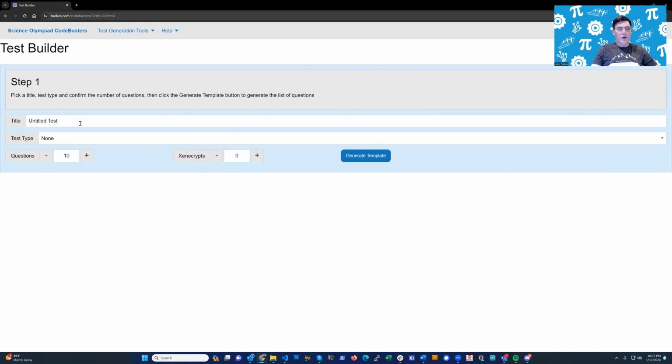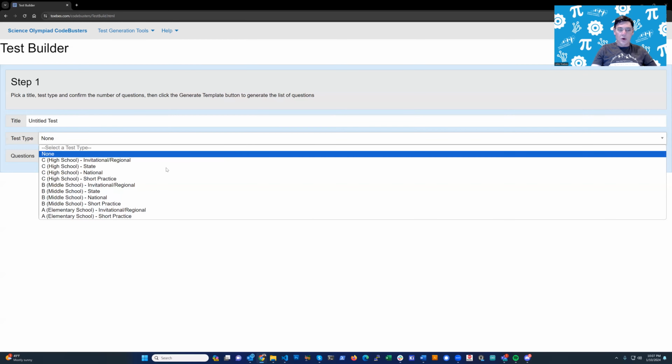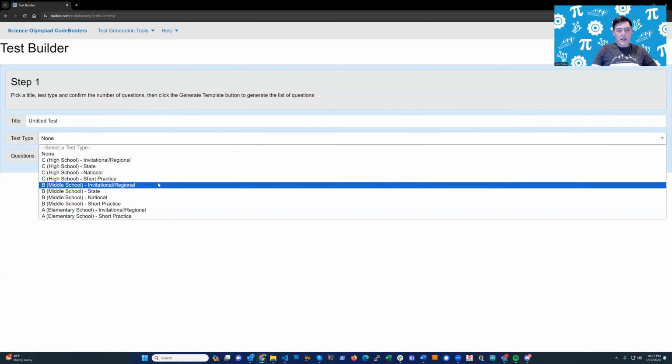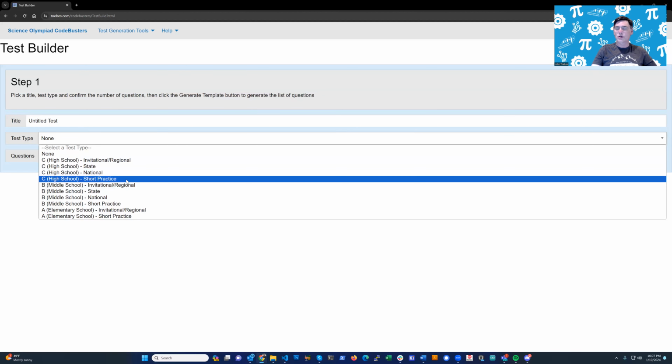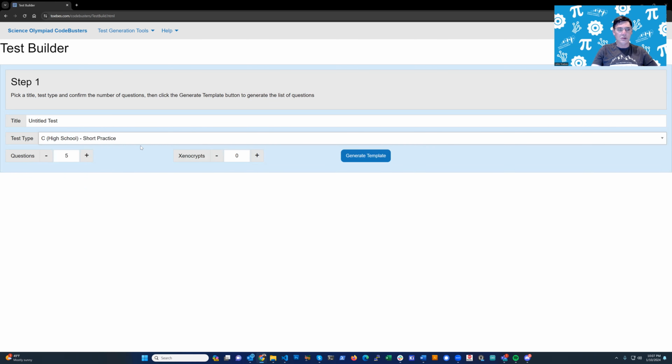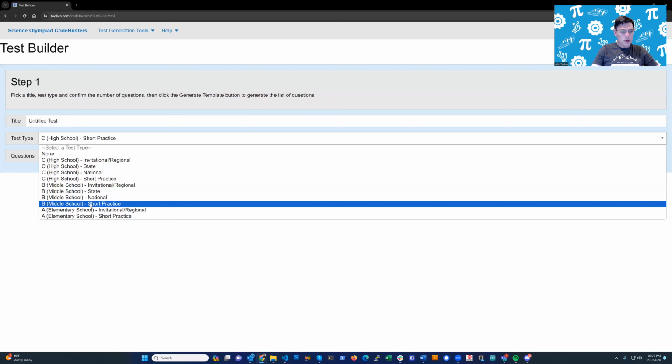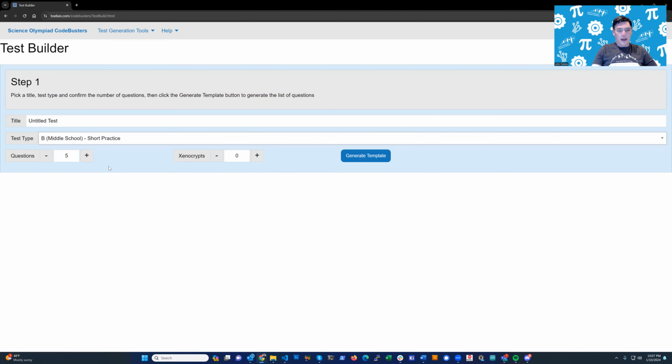Step 1, you really want to figure out what you are going to call your test and what kind of test you're creating. So you can do a division A, B, or C test, and you have the option of generating something for a regional, a state, a national, or what's nice is a short practice. So as a coach, if you want to generate a practice test, it'll generate you something with a small number of questions. We're going to go ahead and pick a division B short practice, which is going to give